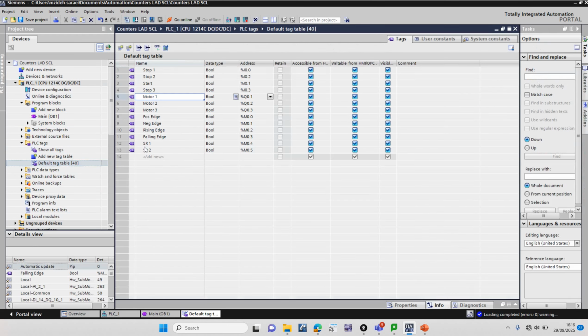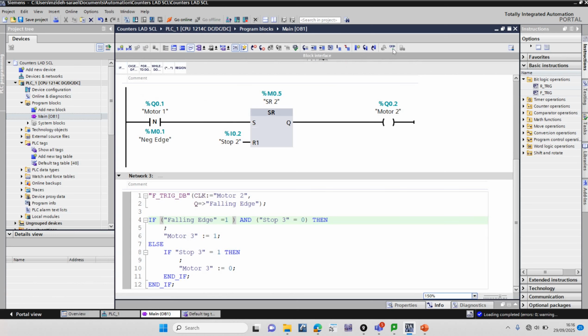If I go to the default tag table, I am going to see the stop 3 is I0.3. Okay. So now if I go back to the OB1 and monitor the program,